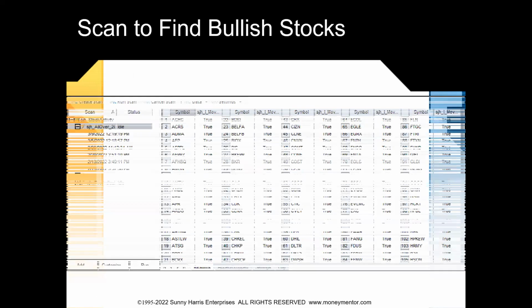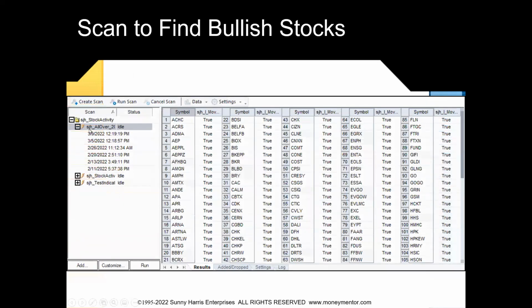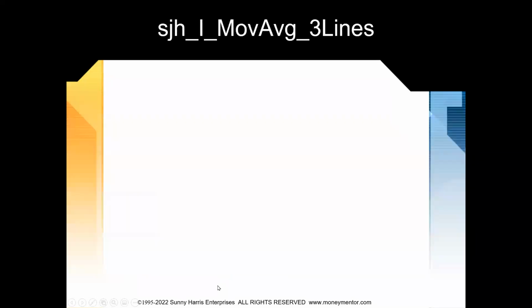Here's a scan that I use. This is the all-over-3-moving-averages scan, and they are the 20, 50, and 200-day moving averages. So I scanned last night for this. And you can see that all these symbols are still bullish, and that only goes to H. You can see there's more room on the downside here, where you can see more symbols. So we're going to look today first at ACHC, whatever that is, I don't know. But we're going to take a look at that and see what the indicators say about it.